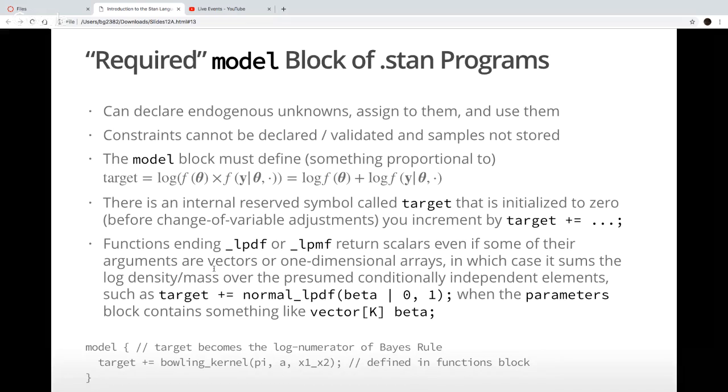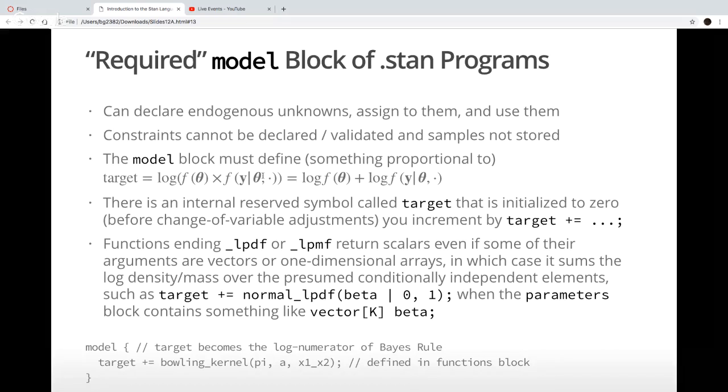Anyway, the model block needs to define something, or at least something proportional to the logarithm of the numerator of Bayes' rule. So again, we've got the prior PDF f of theta multiplied by the conditional distribution of the outcome given the parameters, and there can also be an x or whatever, but it's a function of the parameters.